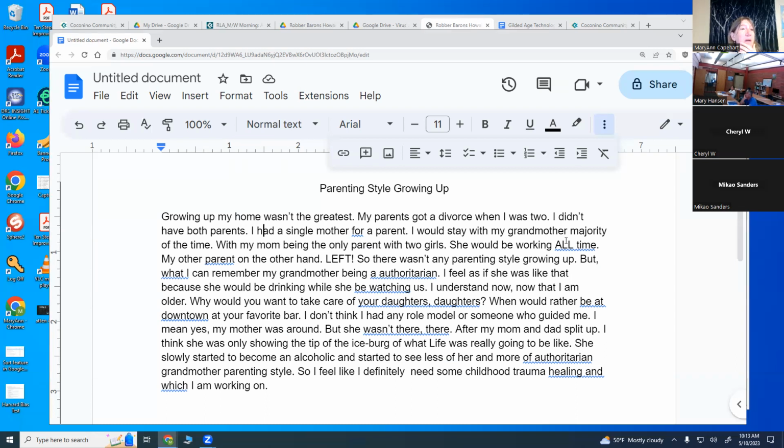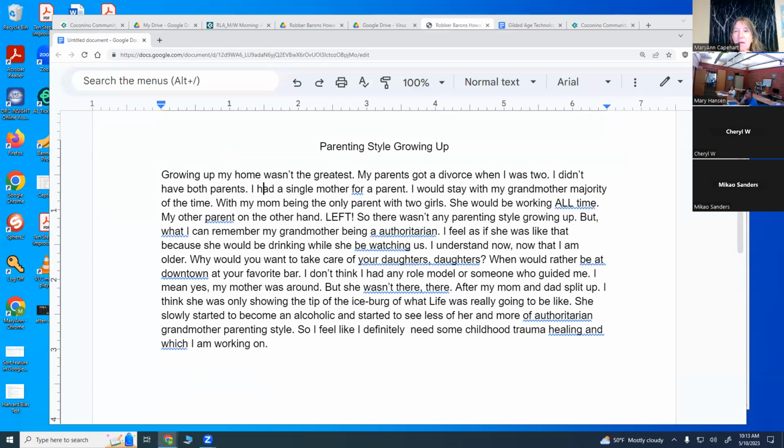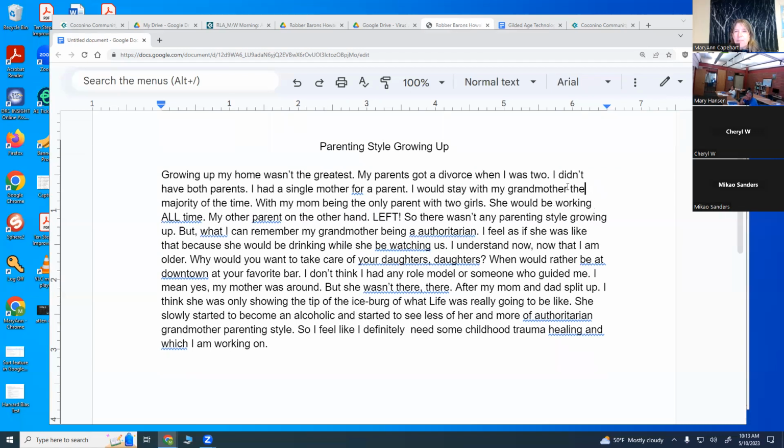I would stay with my grandmother majority of the time. Make that smoother. It's like a word missing. Anything come to mind? Okay, I'm going to do it then. I would stay with my grandmother the majority of the time, with my mom being the only parent with 2